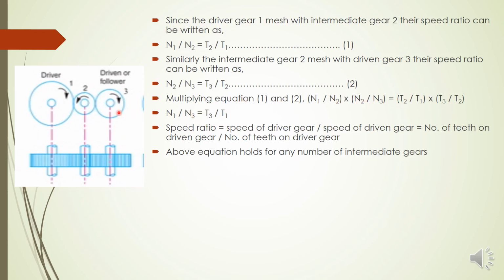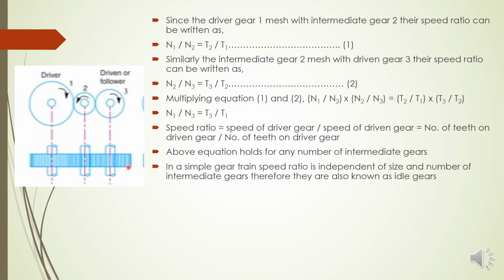So that means there's an important concept. In a simple gear train, the speed ratio is independent of the size and number of intermediate gears. In this simple gear train, these intermediate gears are also known as idle gears. They are simply idle gears. They do not take part in this equation. N2 or T2 etc. are not coming. Then why are we using intermediate gears in a simple gear train? They have no effect on the speed ratio,